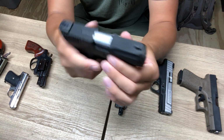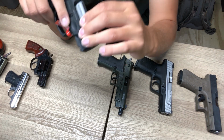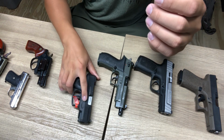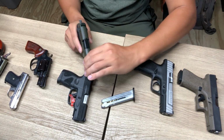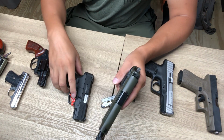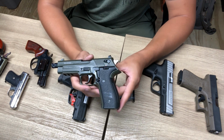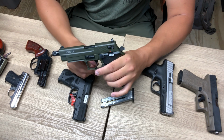This is a double action pistol, double action only anyway. It's not a double action, it's double action only. The difference is double action is a pistol. The magazine's loaded, so let me take that out. Double action only is when, okay, so this is a double action pistol. So you can cock it, or,